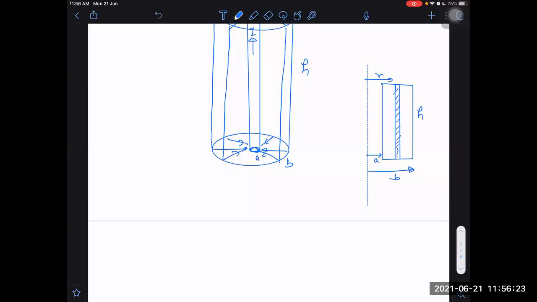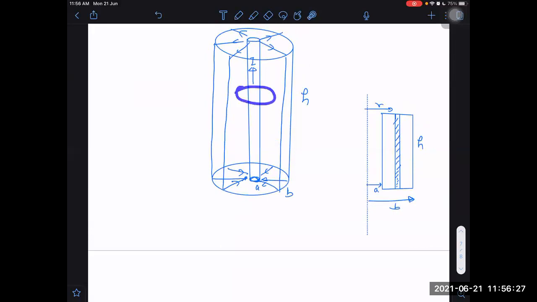Find out the flux. What is the field first of all in this? If you use Ampere's law, then by symmetry I can tell the field is the same as it would be for an infinite wire. What will be B at a distance R? B will be equal to mu naught into I upon 2 pi R, the same. By which law? By Ampere's circuital law. Because I can take a closed loop here of radius R, and use B into 2 pi R equal to mu naught into current enclosed, and I can get that formula.